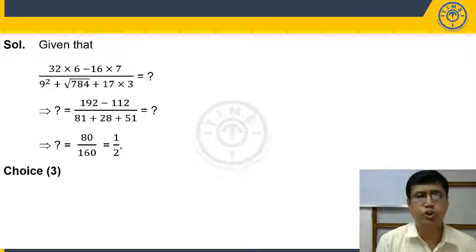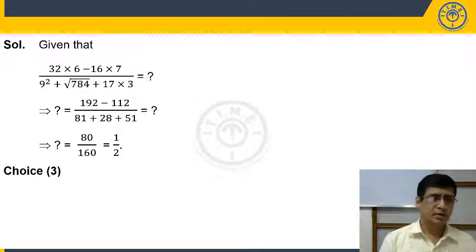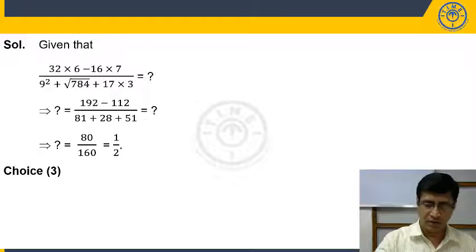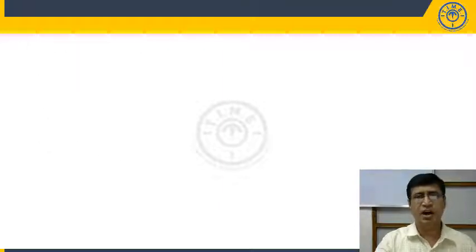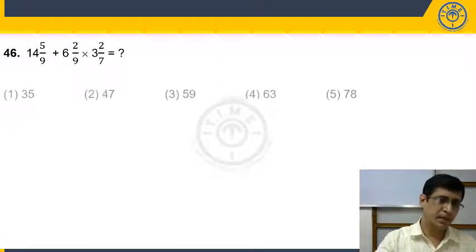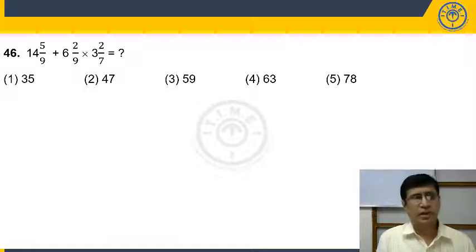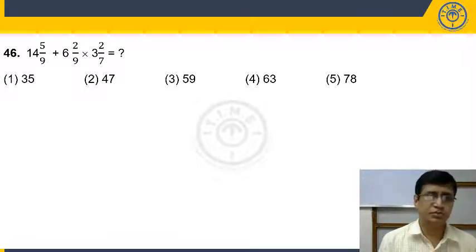Now this is the type of solution. Please look at this one. So 32 into 6 is equal to 192 minus 112 by 81 plus 28 plus 51, which is 80 by 160. Half is the answer. Yes, my dear students, now one more example on your question paper, that is